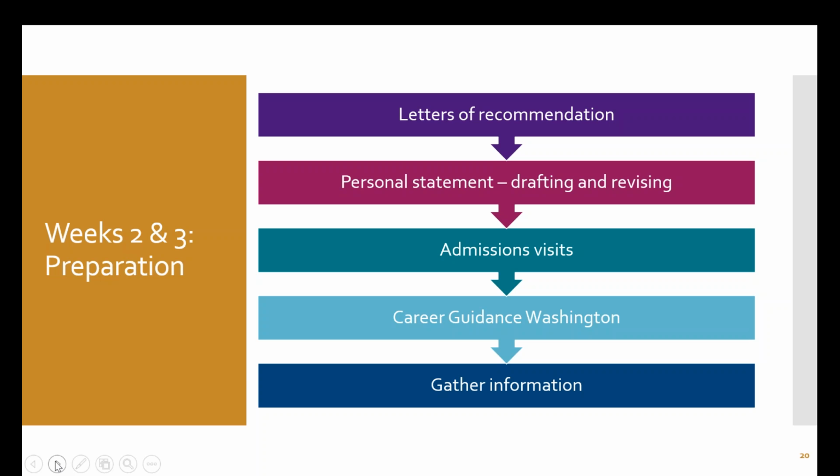We want them to visit schools, and have schools visit your high school as well. And so that's another piece of seeing if you can get them to do either campus visits or come to your campus. Or if neither of those are possible, then go ahead and do any virtual tours that you can do. Using Career Guidance Washington is another option. We just want them to gather information so that they are prepared for their actual decision to choose what schools they're applying to. At the same time, they're probably going to be applying for financial aid.